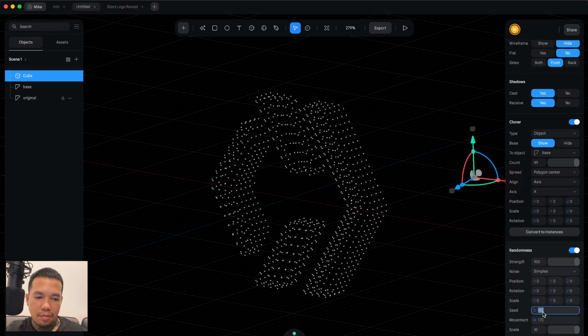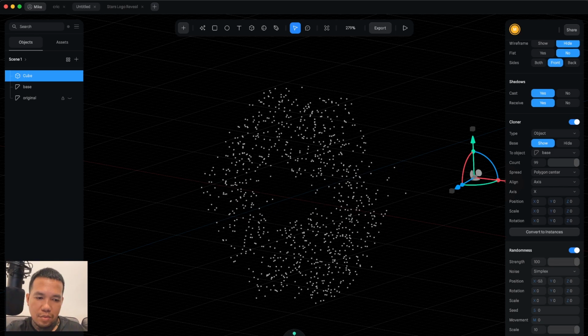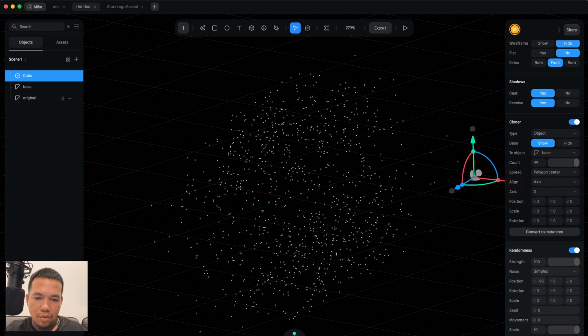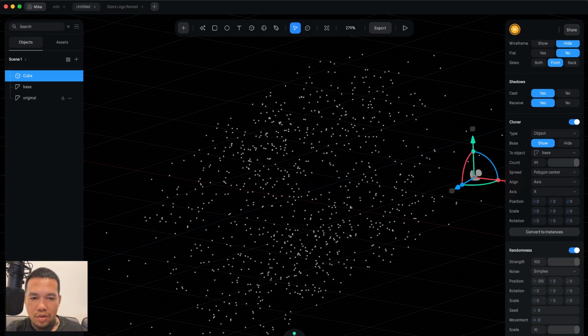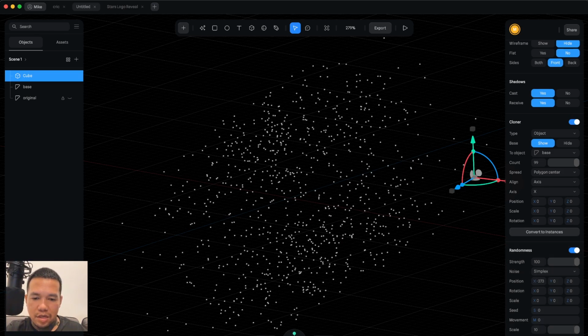So nothing happens there, so we can zero that out, and let's see the position. As you can see, moving the position on the x-axis will make the cube separate, but actually if you go to the front,